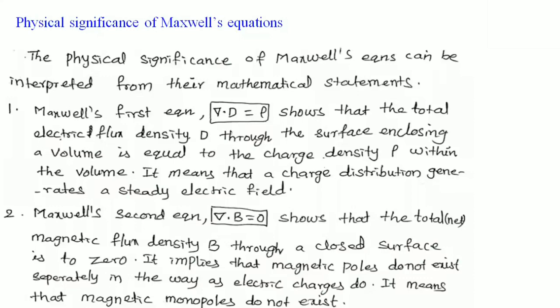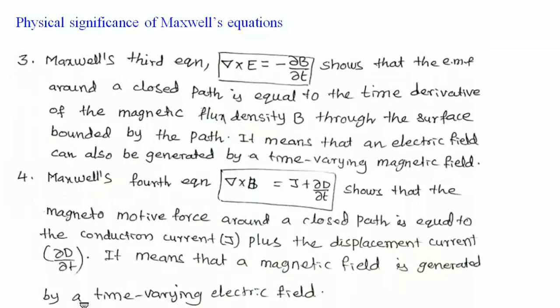So the third one, curl of E is equal to minus dou B by dou T, is the Maxwell third equation. So you see this del is equal to dou by dou X plus dou by dou Y plus dou by dou Z. So dou E by dou Y, dou E by dou Z. So it changes with respect to X and also Y and Z. What is this meaning? This is the changing electric field.